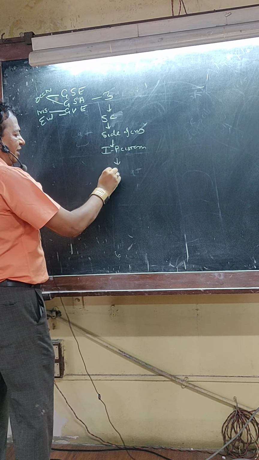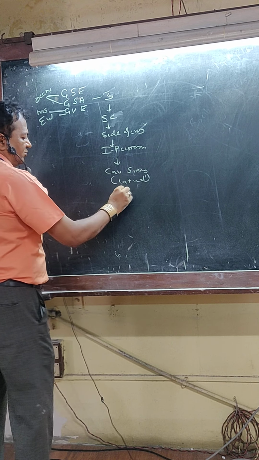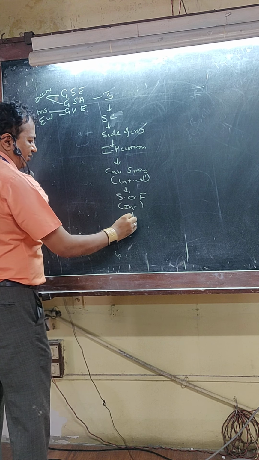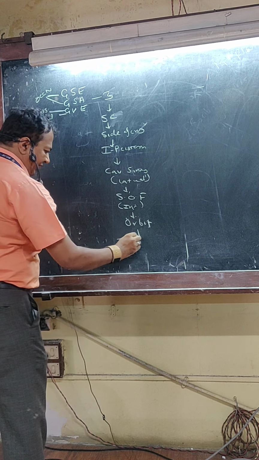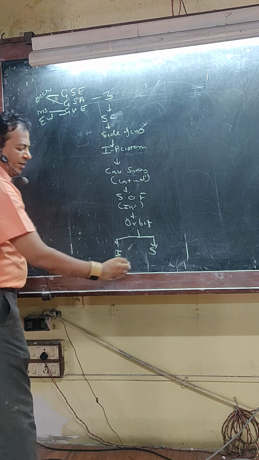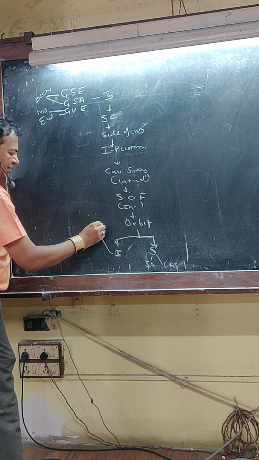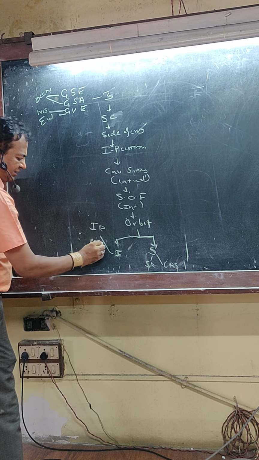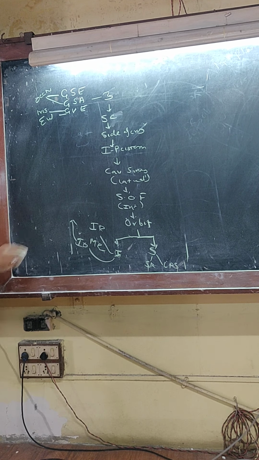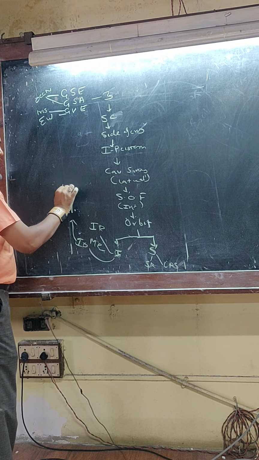Then where did it go? The cavernous sinus. Where in the cavernous sinus? The lateral wall. Then where did it go? The superior orbital fissure. Which part? The intermediate one. Then where did it go? The orbit. In the orbit, what happened? It divided into superior and inferior branches. The superior branch supplied the superior rectus and levator palpebrae superioris. The inferior branch supplied the inferior rectus, medial rectus and inferior oblique, which gave a branch to the ciliary ganglion, which gave a branch to the muscles of the iris.